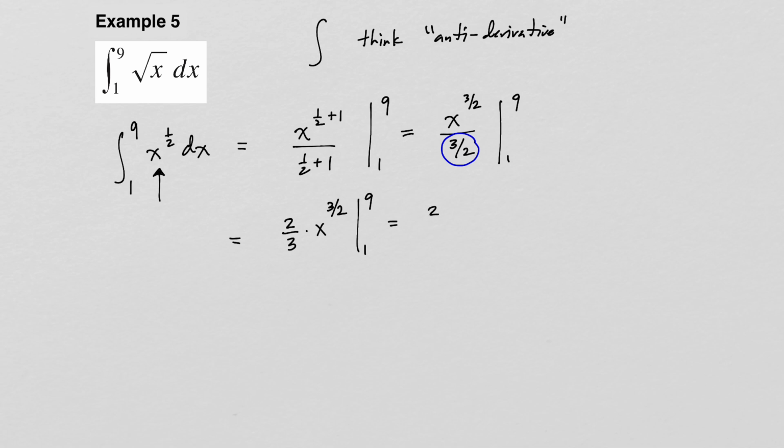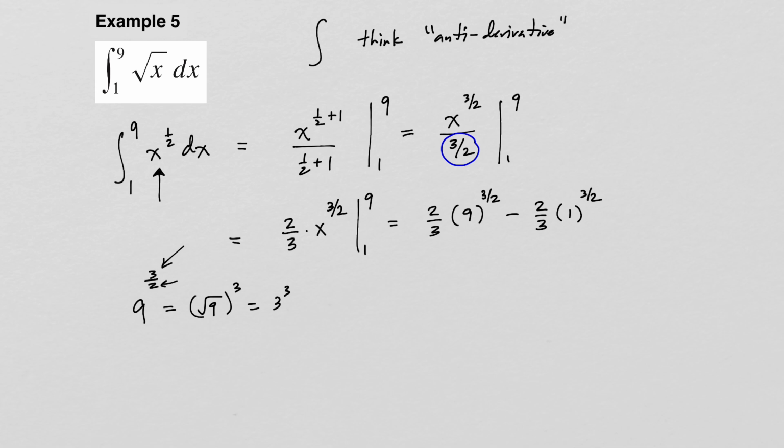And now I just need to plug in the top limit minus, and then plug in the bottom limit. Now let's remember how to do fraction exponents. If I have 9 to the 3/2 power, the half power here means the square root of 9, and then the 3 means you're going to cube it. And so this would just be 3 cubed, which is 27,